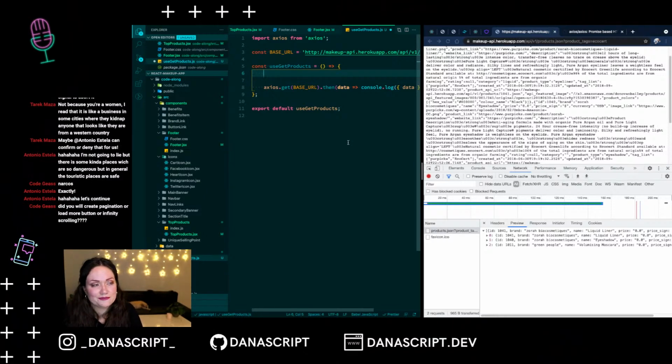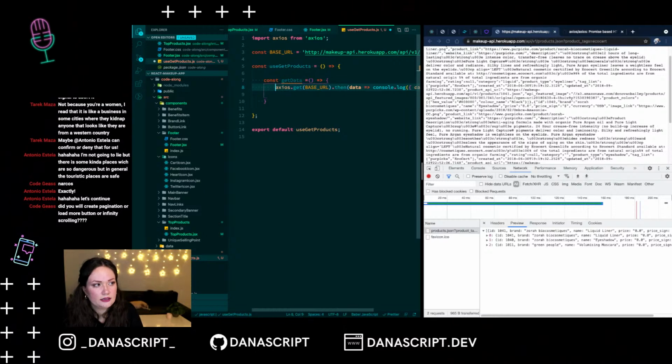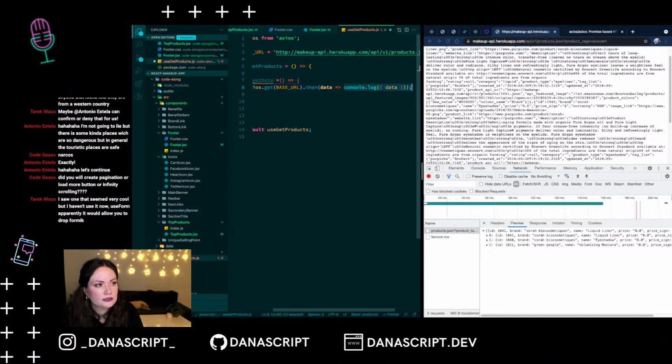Okay, so for that, I want to create const getData, which is going to be our function that we're going to be calling for this Axios thingy. And in that, we're going to